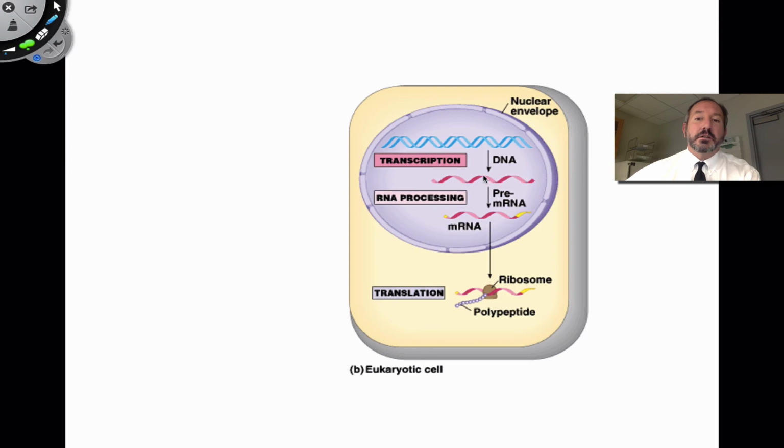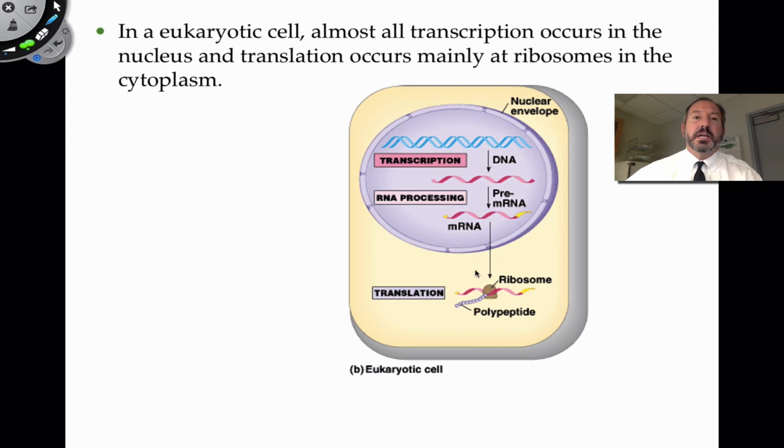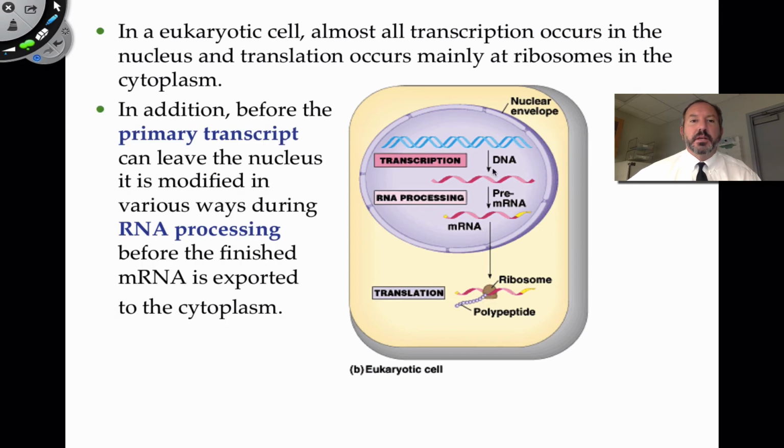Transcription occurs here, though, in the nucleus, and translation in the cytoplasm. And of course, there's some RNA processing that needs to occur. Why that doesn't need to occur in bacteria is because they don't have these intron regions, in other words, non-coding segments. And so their RNA is pretty much good to go. But ours needs to be edited. And so transcription in the nucleus and translation in the cytoplasm. And so that primary transcript, if you can call it that, needs to be processed. So the introns need to be removed, and the cap needs to be put on the 5' end and the poly-A tail. And then it's exported.